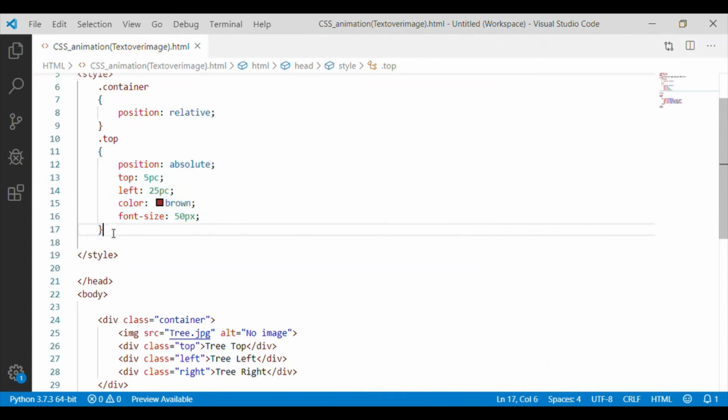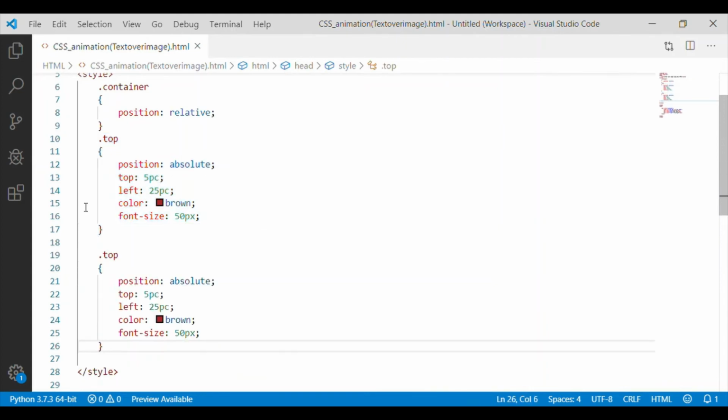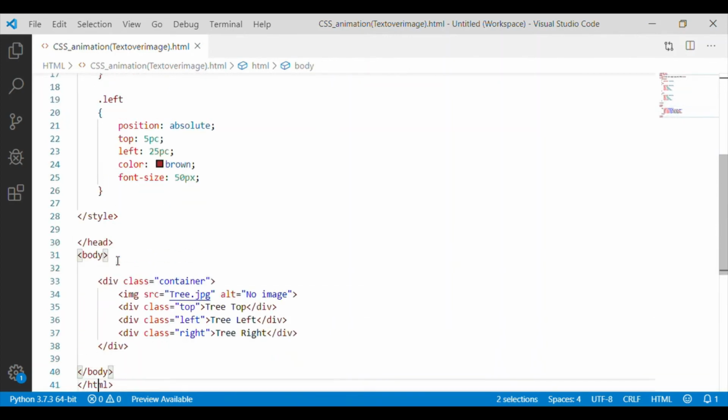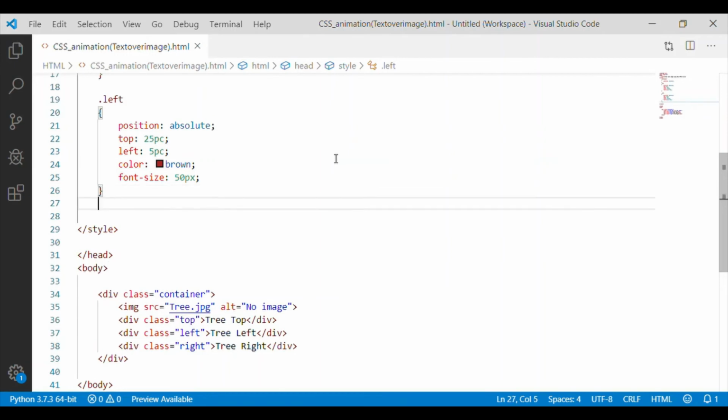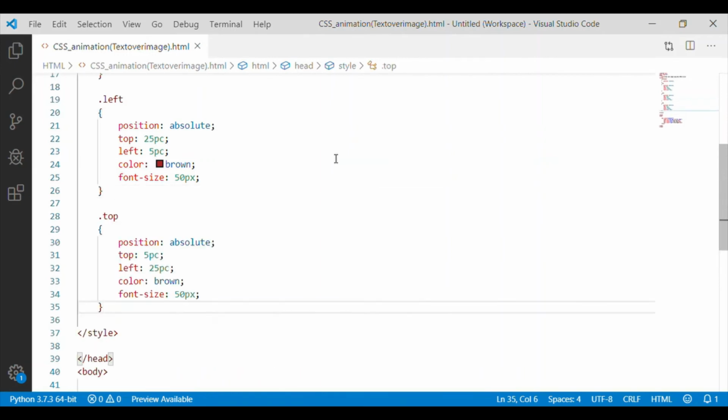So we have three classes for the text to be displayed within the class called container, and the container holds the image also. I have copied the top class for the left and just arranged the values for top and left to 25% and 5% on the image where the text is to be displayed, and again I am going to write it for a right class.